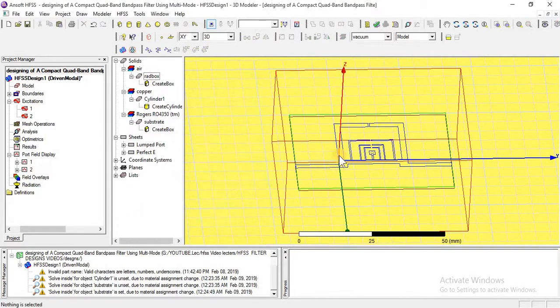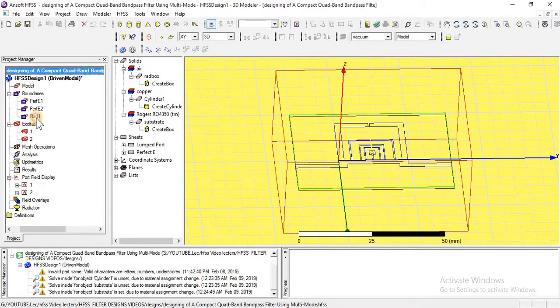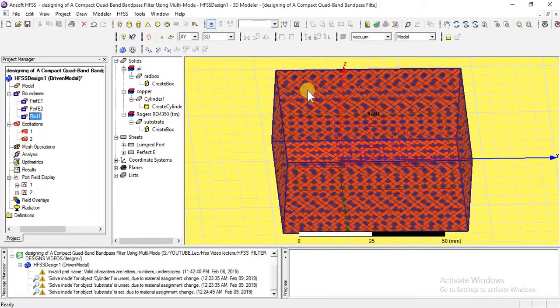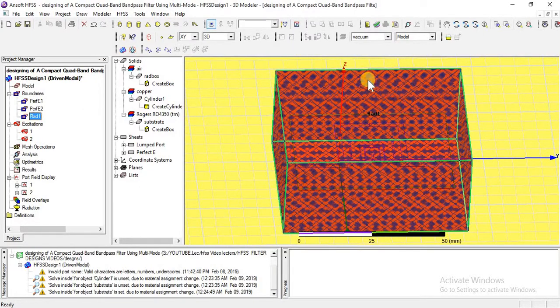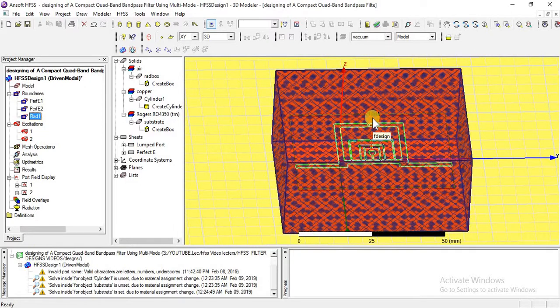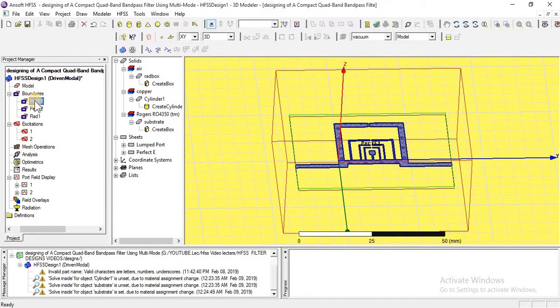Let's click on OK. Here you can check. Similarly, perfect E is assigned to the design,